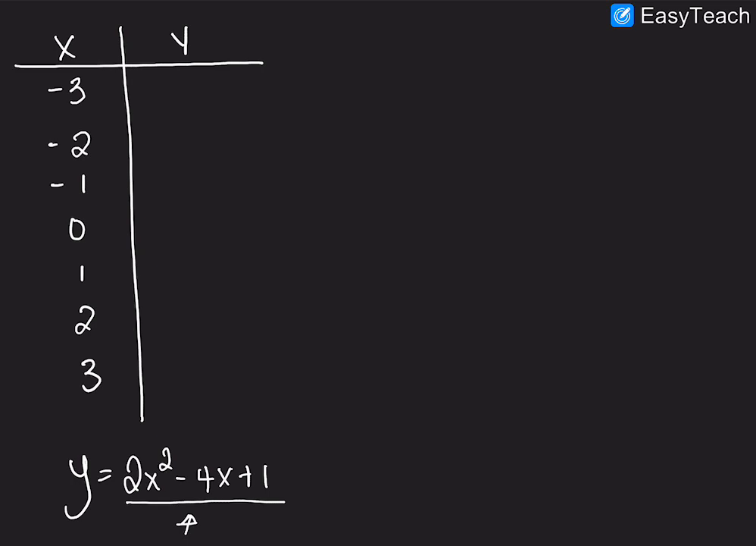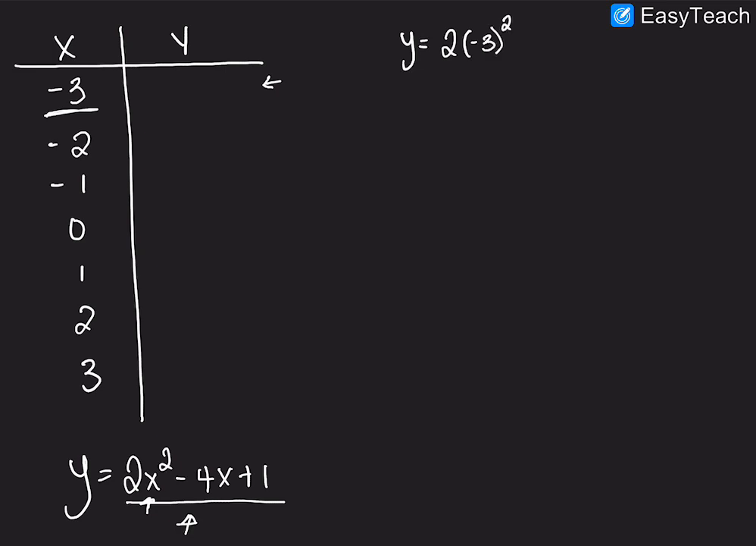All we need to do is take the x, plug it into the equation where we see x, and solve for y. So we're going to solve for what y is when x is -3. We have our equation, y is equal to 2. Wherever we see x in the equation, we're going to replace it with whatever x is. So x here is -3